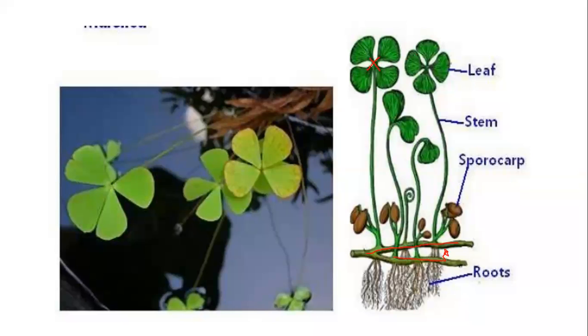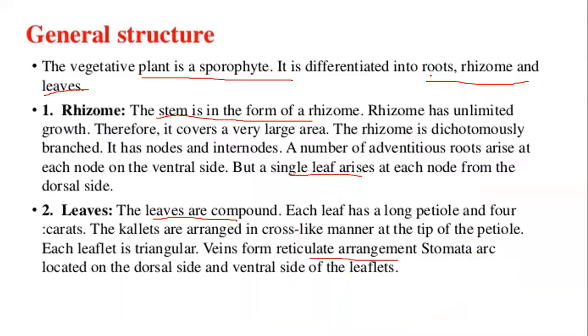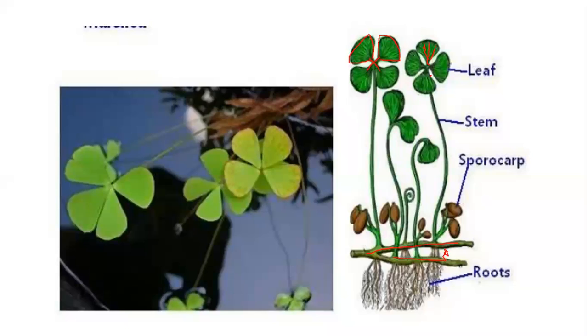And then each leaflet, you can see what is the shape of the leaflet here. Each leaflet is triangular in shape. That is a characteristic feature of Marsilea. Triangular in shape, and in each leaflet we can see the formation of the midrib region and a reticulate venation. Right? And on the dorsal side as well as on the ventral side, we can see the development of stomata, which are useful for the exchange of gases. Now, next we'll go for the